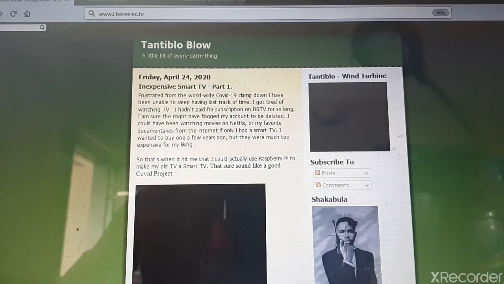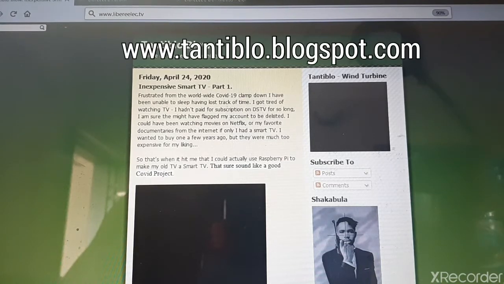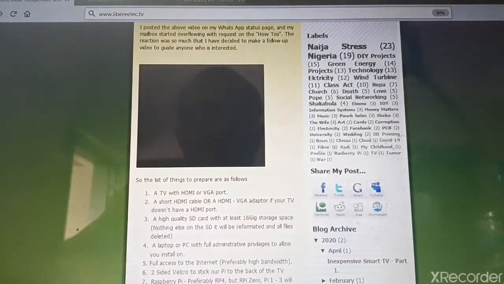My last post was on how to build an inexpensive smart TV. If you're just joining, I think you should go to my blog at www.danteblow.blogspot.com to check it out. But if you're returning, if you've seen the first part where I listed the items that you need to put together to build this, then let's just do a